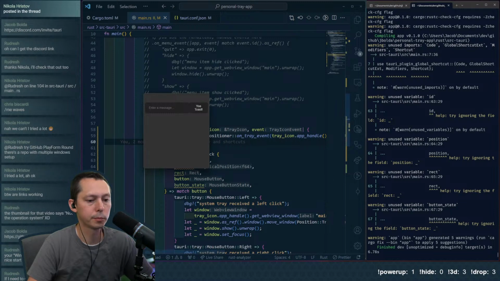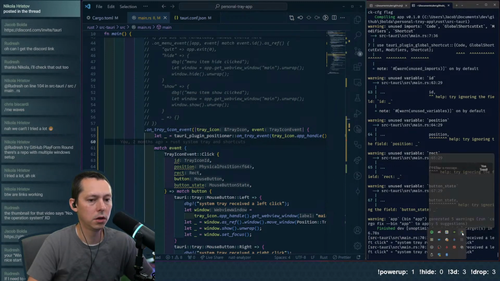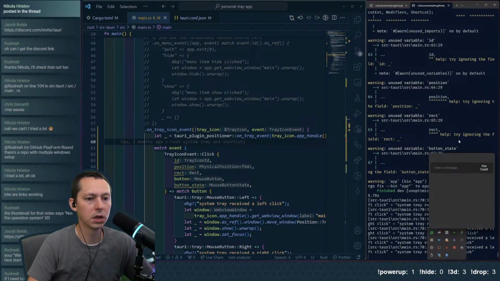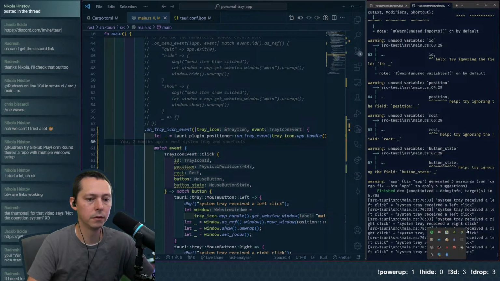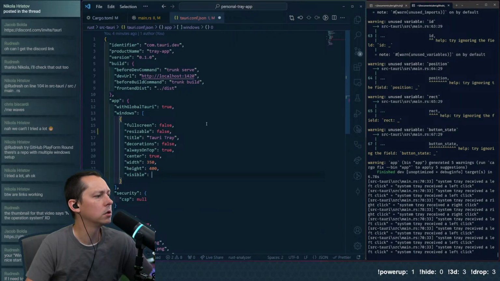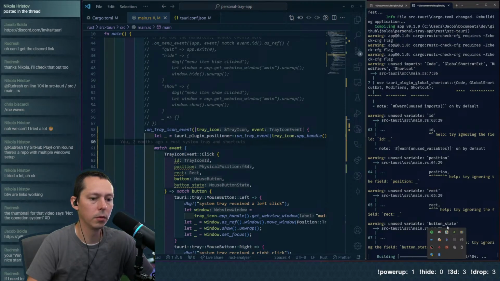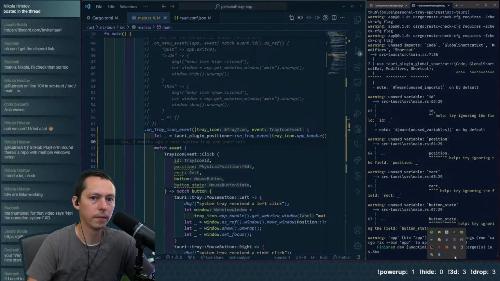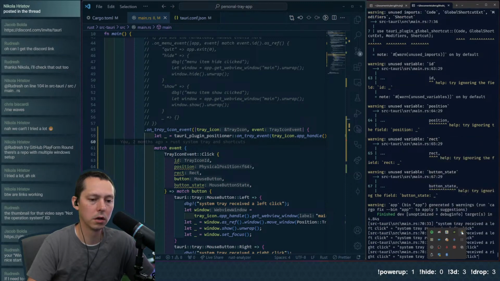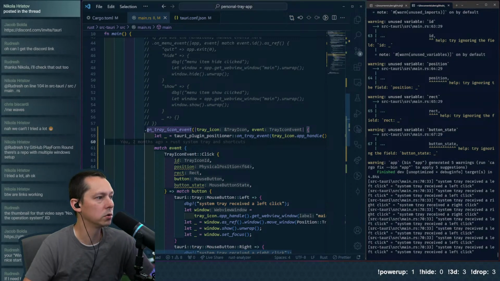So, here we go. When we click it, it is centering it above this here. So now I think, can I undo this? Because I don't want it visible when it starts up. So that should restart it. We'll get a new app icon. Click. There we go. Yep. Okay. So the problem was that we basically had two on tray icon events,